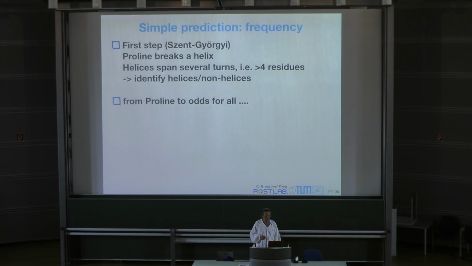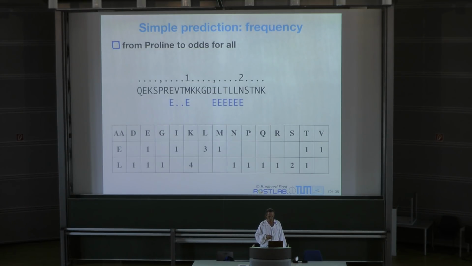Now, this, in fact, was the first prediction method, and remarkably, this prediction method predates the first structure that we have seen. So this method was published in Science in '57, before we had ever seen a protein structure. Now, going from the odds of proline to odds for all, this is somehow an odds matrix, and we briefly